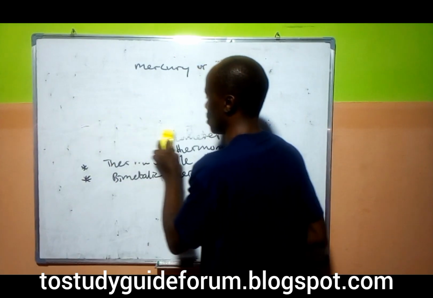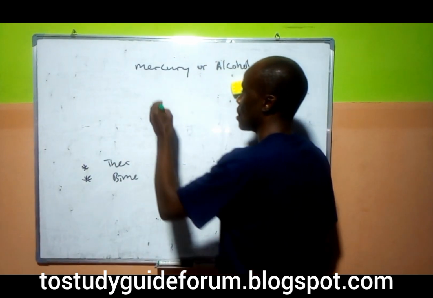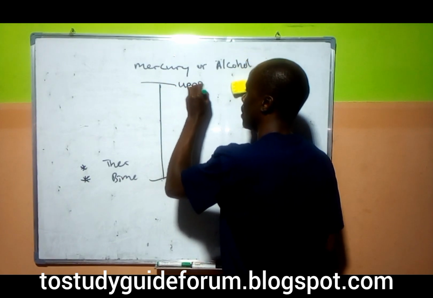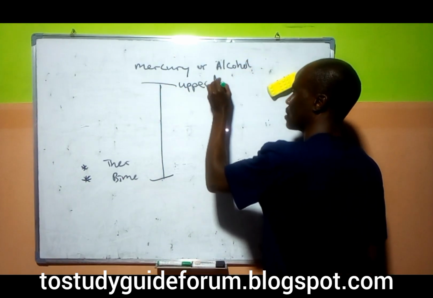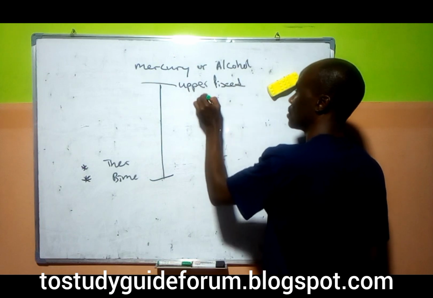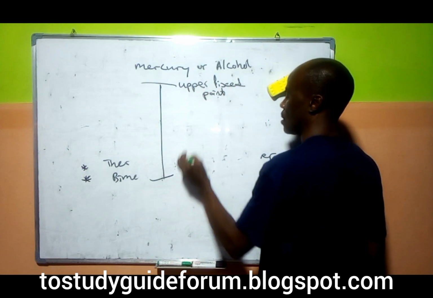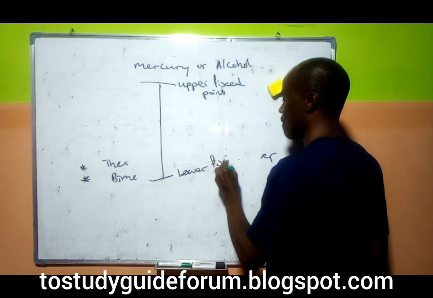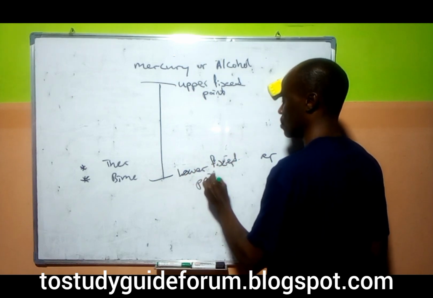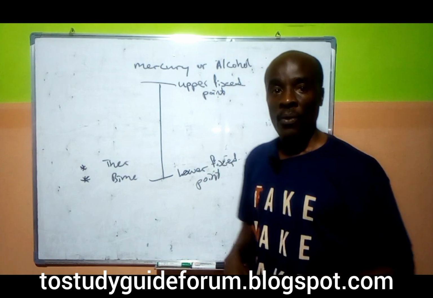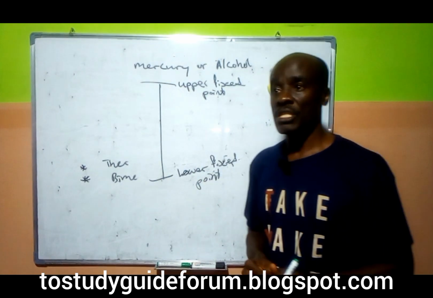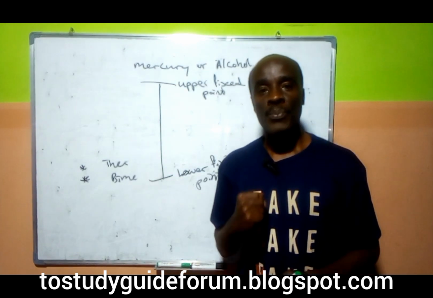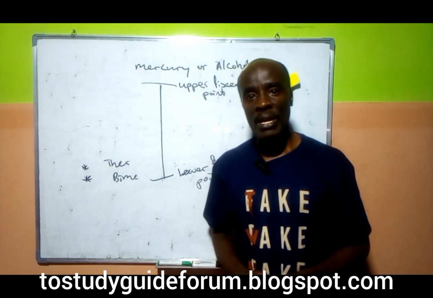The two fixed points include the upper fixed point and the lower fixed point. Now, this upper fixed point is the temperature of steam from pure water boiling at